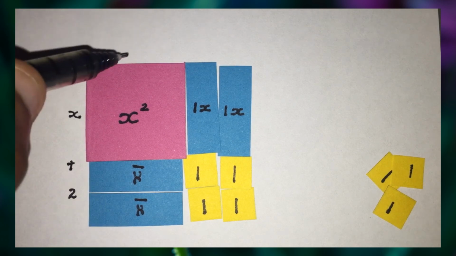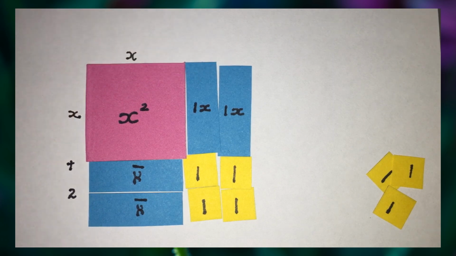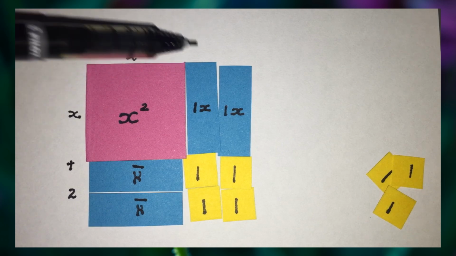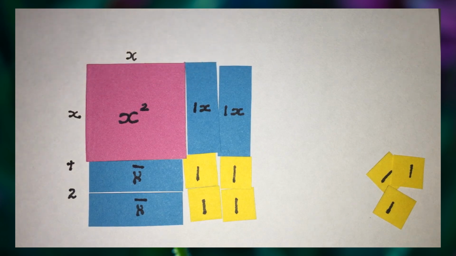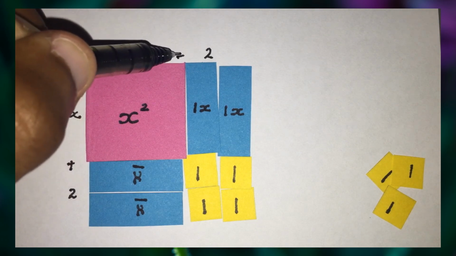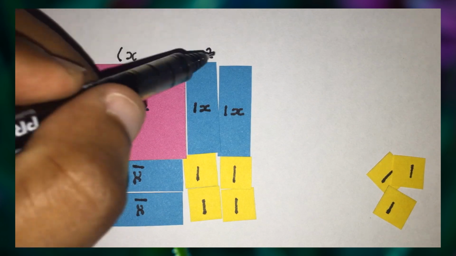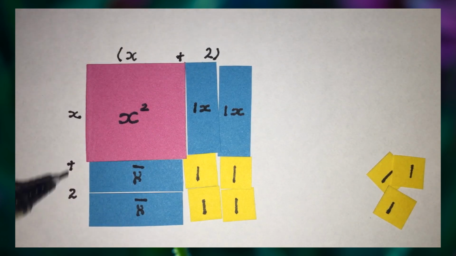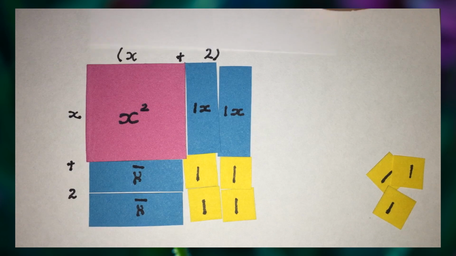And if I look up here, I'm going to get x here, and I'm going to have 1, 2. I'm just looking at the sides of the blocks now. So the side of this block is x, and the side of this blue block is 1, and the side of this blue block is 1. So putting the 1 and 1 together, I'm going to get 2. And because I'm putting them together, I'm going to add. So this side of the square is x plus 2, and this side of the square is also x plus 2. So to factorize this, it's going to be